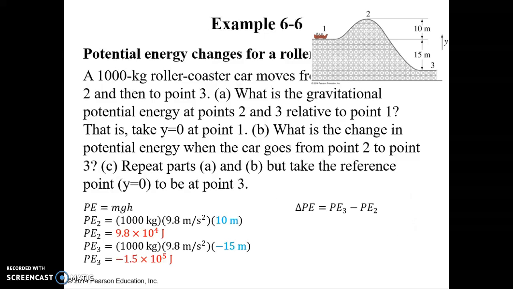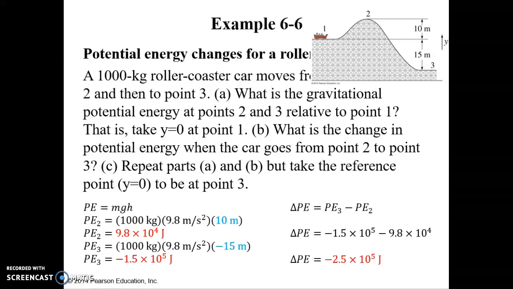The change in potential energy is just the difference of potential energy between point 3 and point 2. Plug and chug, and we get negative 2.5 times 10 to the 5th joules. Now for part B,